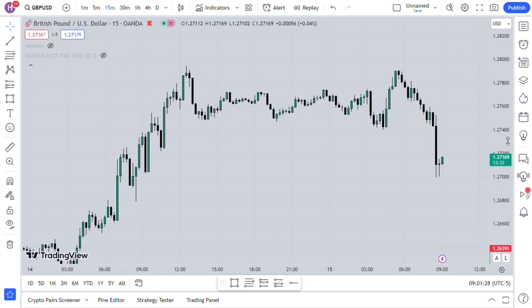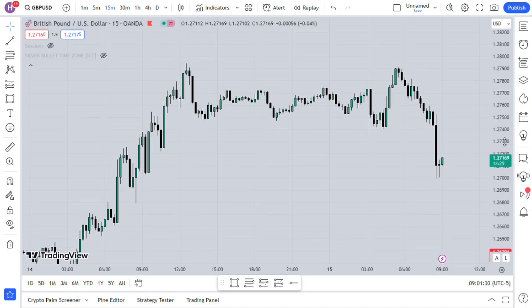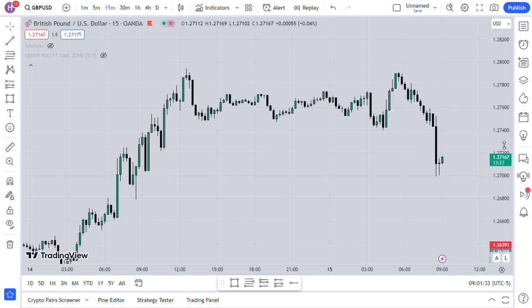Today we are going to talk about how to use a fair value gap to enter your trade. First and foremost, we need to be able to identify the fair value gaps before using them for our trades. Most of the time, the